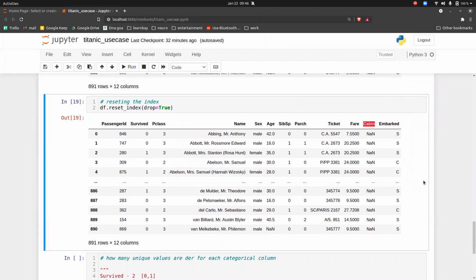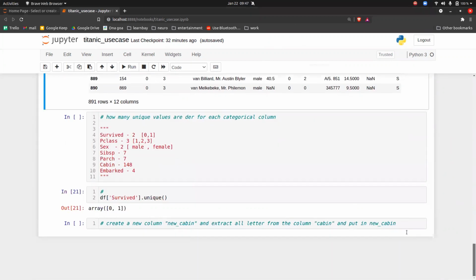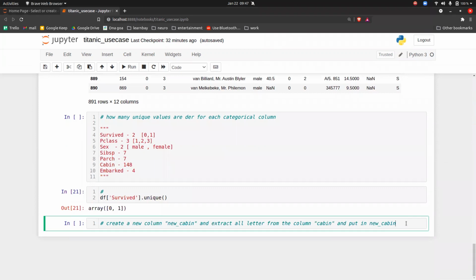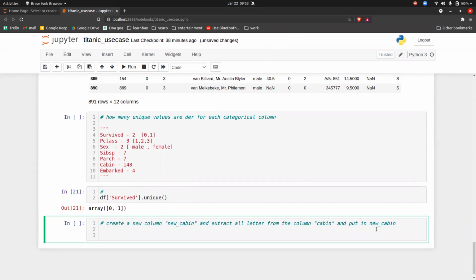If it's clear, I'm giving you 5 minutes. It is not easy, okay, guys? You have to think a little bit and use your programming skills to get these answers. Let's try to debug this. Whenever a problem is given to you, try to find the solution step by step. First try to create a new column. How to create a new column?